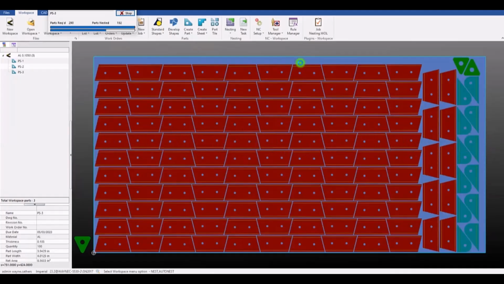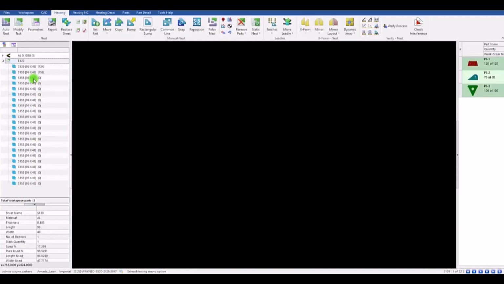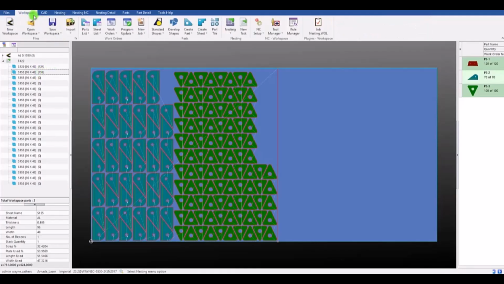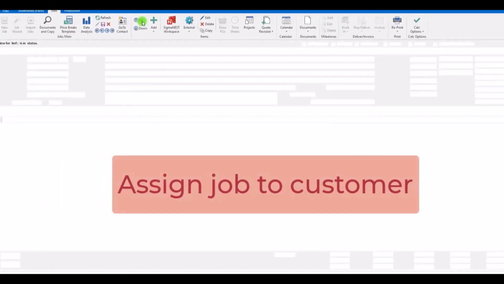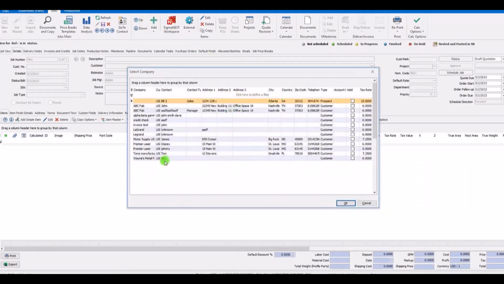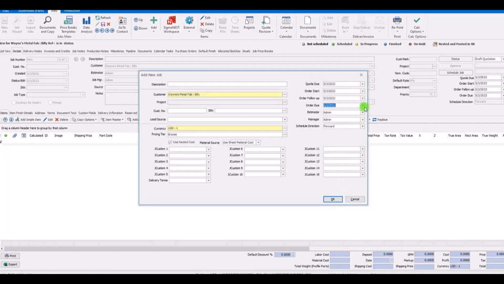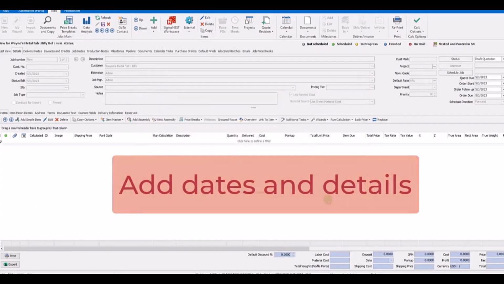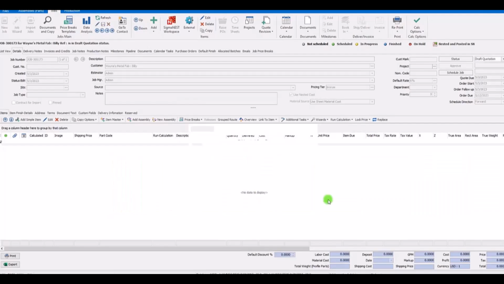The same nesting and toolpath strategies used in production are also used during the quoting process in a highly automated way. Now that the parts are ready, we can create a new job. We can select from our list of customers in our integrated CRM system. We can change things like due date of the job, and then let our powerful costing features take over and